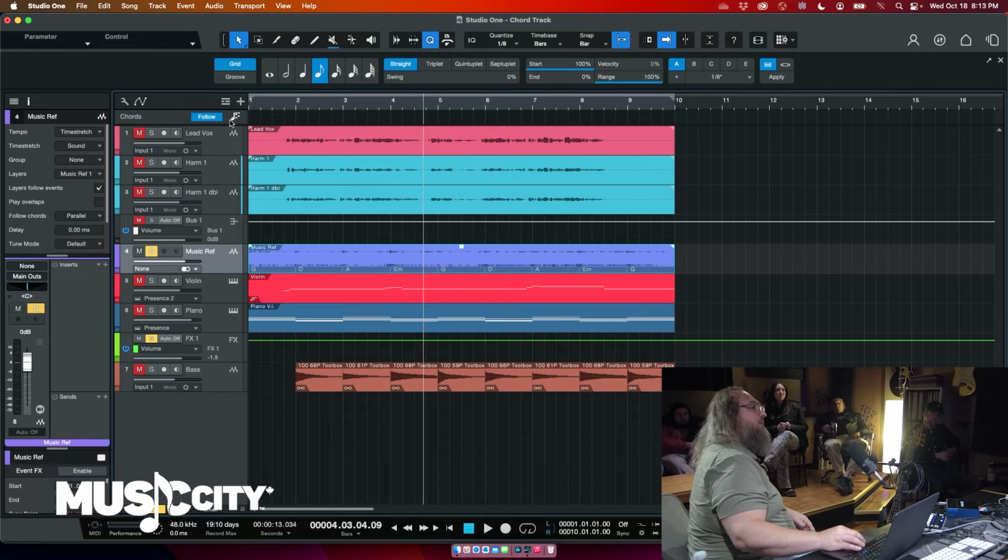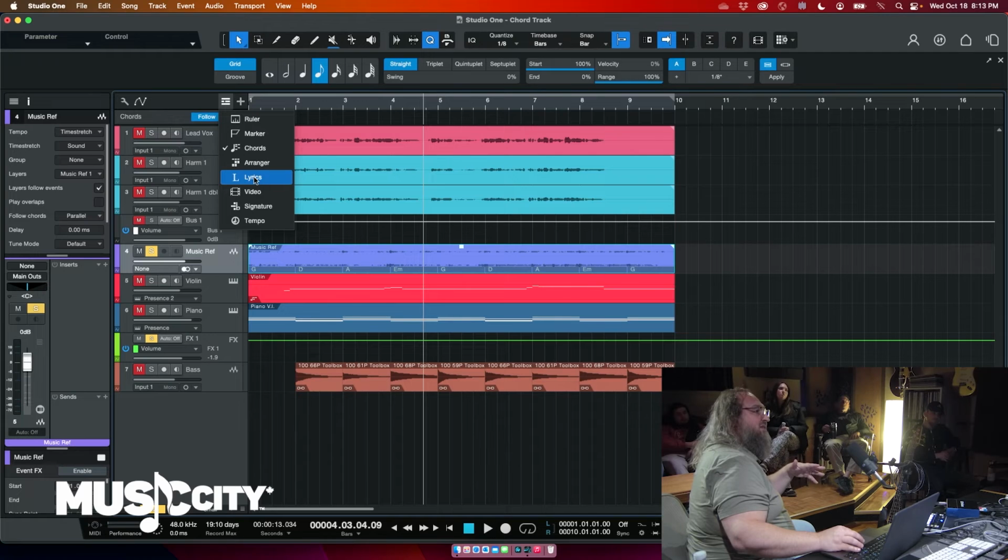Then I'm going to drag it up here at the top. This is our tracks, global track visibility. These are all sort of things. Studio One 6 added some video stuff. We added lyric support and everything. We're not going to go too much into that. We're not going to go at all into that. But chord track is one of these things. So if I drag this up here,